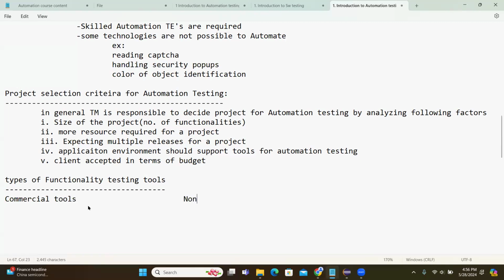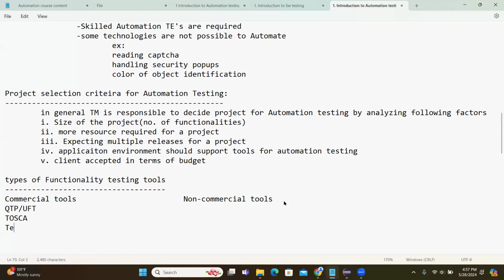The other one is called non-commercial tools. Non-commercial means free tools, no need to buy a license. Commercial tools mean you have to buy the license. In commercial tools, we have QTP or UFT,